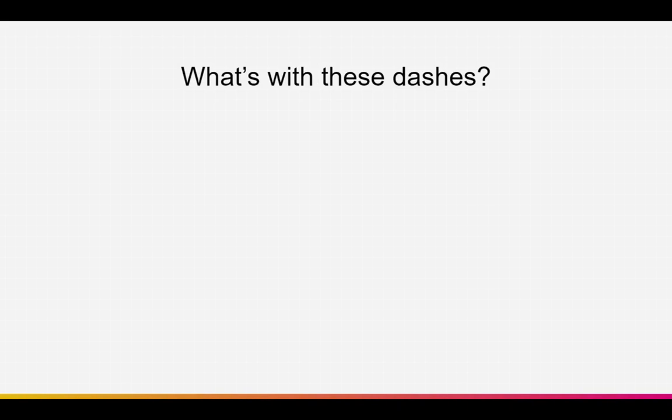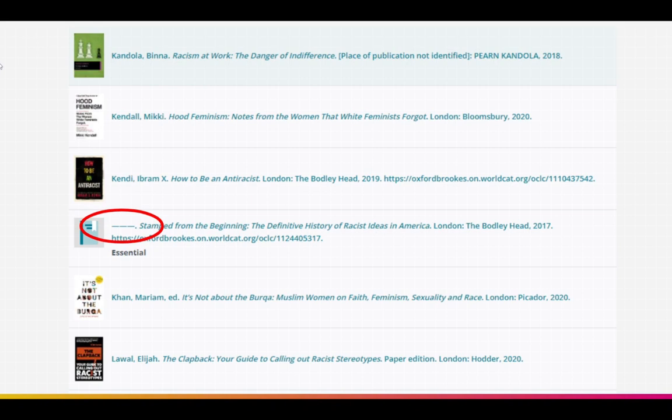If you're ever reading a bibliography or your Aspire list and have set it to Chicago referencing, you might wonder what these 3 dashes were. Well, those are called 3M dashes, and those are used to indicate the same author. So in this example, we have a book by Ibram X. Kendi, and then just below that, we have a different title, but by the same author. You don't have to use 3M dashes, and in fact, they often don't sort well in a word processor, but if you were ever curious, that's what those are.